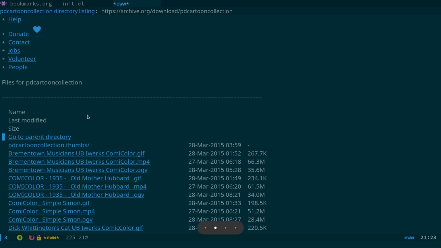So what I've done is switched across to EWW with the same page open. And what I'm going to do is, in a previous video I showed you how we could play these videos using MPV or send the audio to MPD. What I'm going to do now is actually show you how we can download these videos using task-spooler, which is